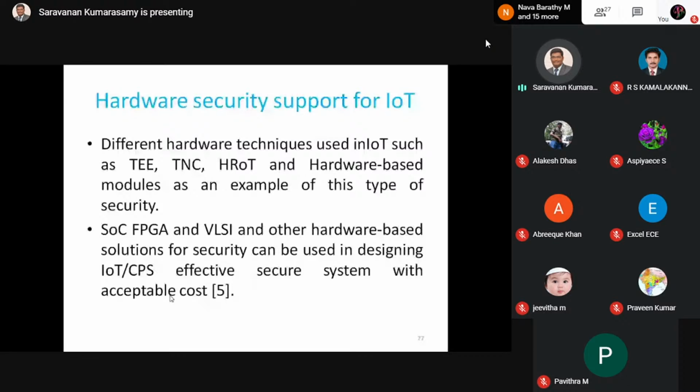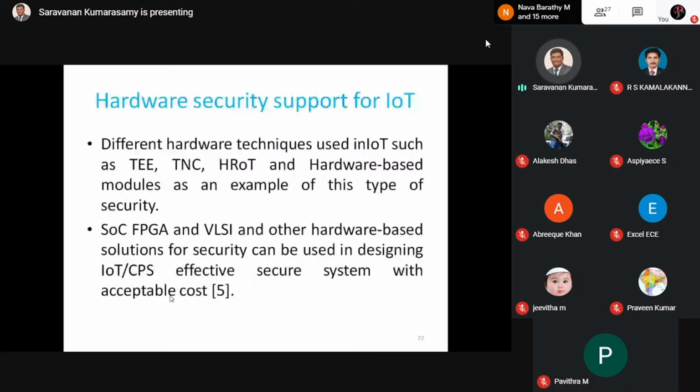Using the hardware technique of IoT, we have to check with TEE, TNC, and also HROT, hardware based models. Based on that, we have to detect some new method of SOC or FPGA method for